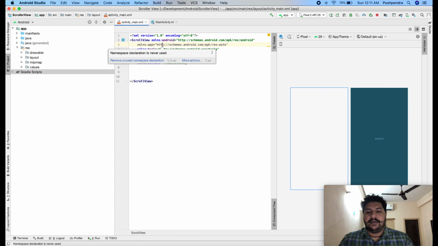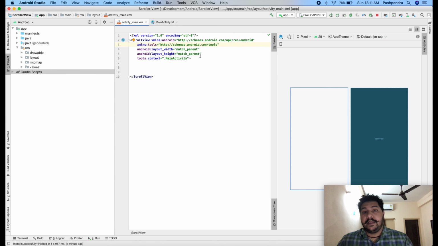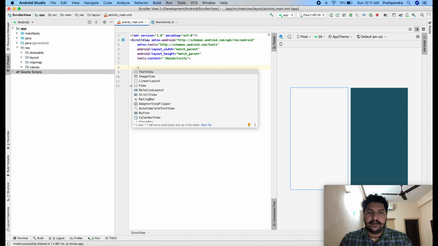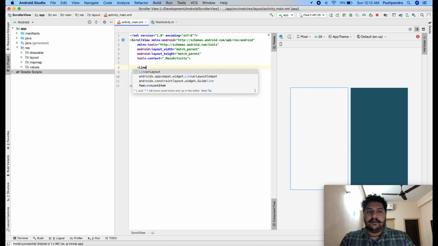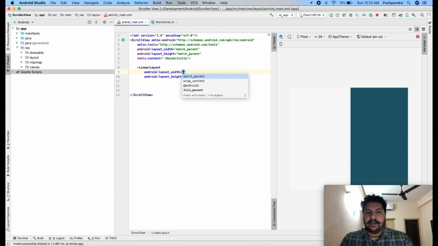Alright, now what you have to remember, scroller view can have only a single child. Okay, means here you can take relative layout, here you can take linear layout. It depends completely on your requirement. Okay, but it can have only one child view, as I'm showing in the example. For now I'm taking a linear layout,